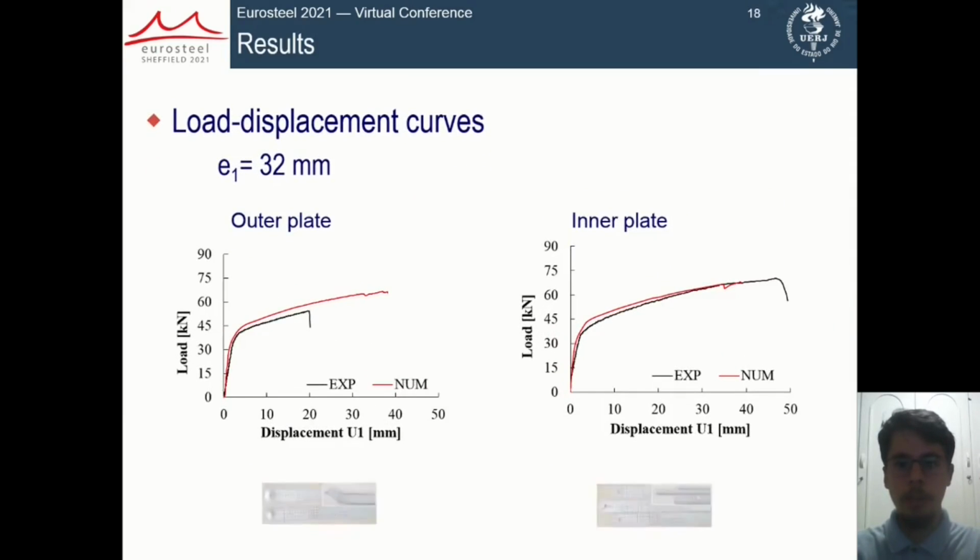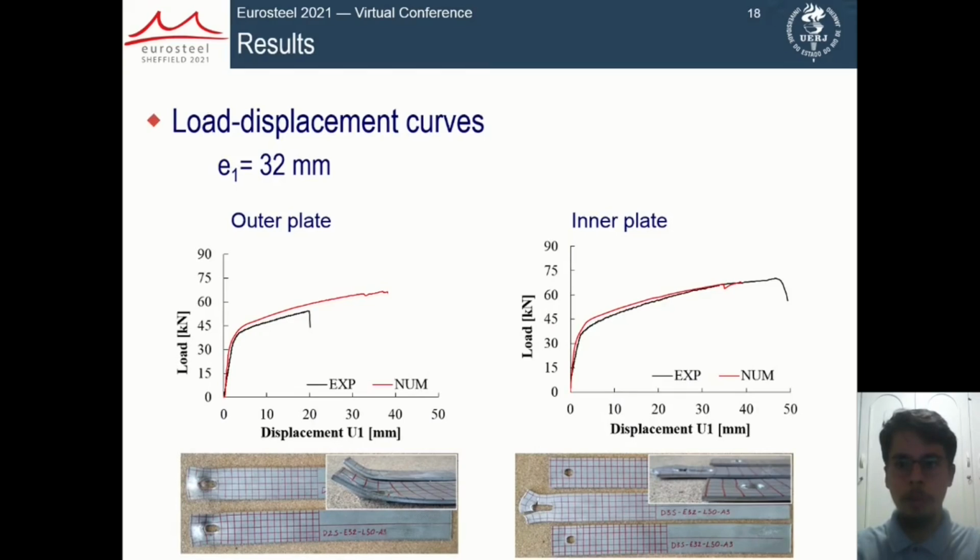In general, the numerical models were able to represent the actual bolt connection behavior, both in terms of ultimate loads and failure modes. In the outer plate test, it was not possible to observe the peak loads due to bolt rupture. However, the model showed a similar behavior until the end of the test. In this test, it is possible to observe the curling effect at a relatively low load level compared to the numerical model. For inner plates,